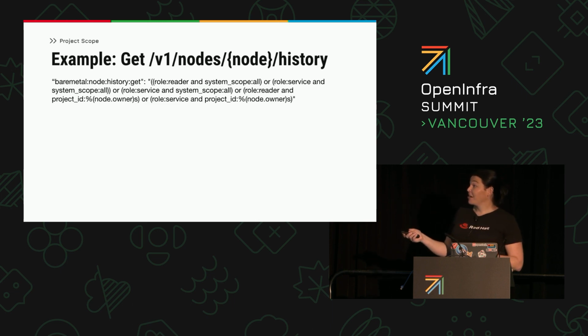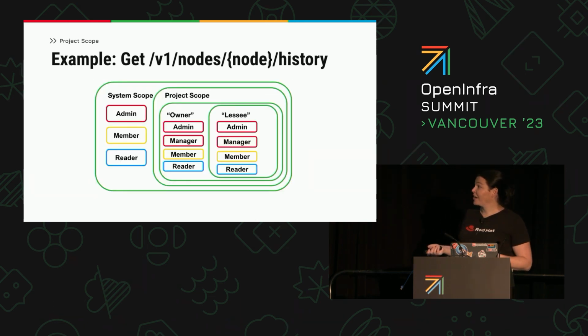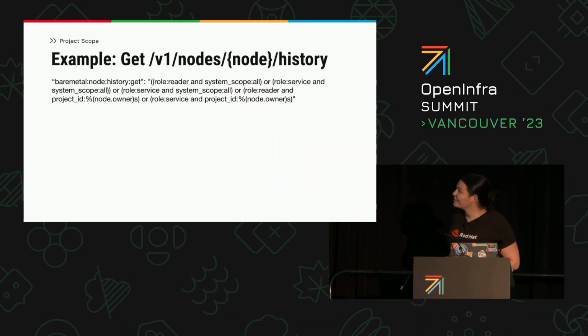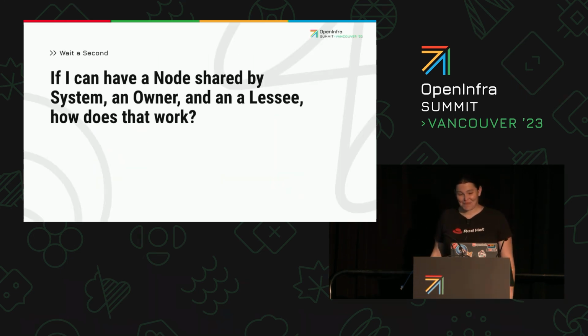And in this case, you can see the owner can see aspects about the machine. And those in system scope can see what's going on. Lessee can't see what's going on in that field. They don't have the rights. Actually, hold on. And I have screwed this slide up. So anyway, so a question that's probably in people's minds is, if I have a node shared by a system